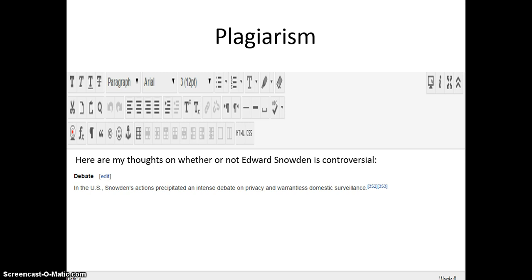We've all seen examples of it. It rears its ugly head all the time, especially in online environments because it's so easy to just copy and paste. So plagiarism, if left unchecked, guilty students will continue to do it with more arrogance towards getting a good grade for a minimal amount of work. If other students see that other students are plagiarizing, that might lead them to start taking shortcuts.